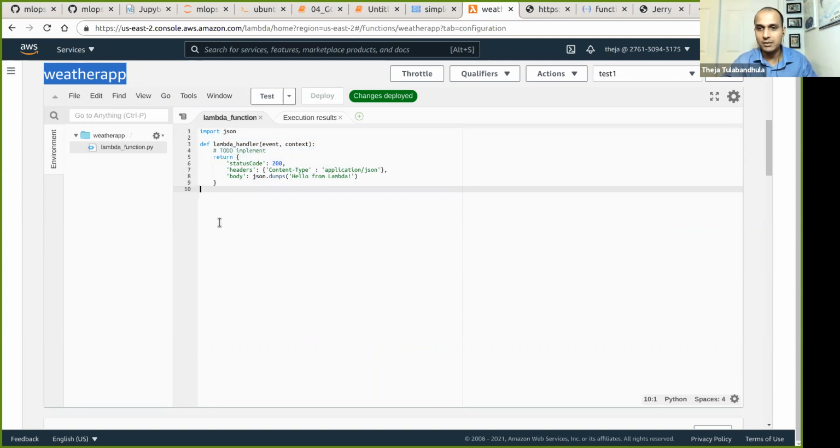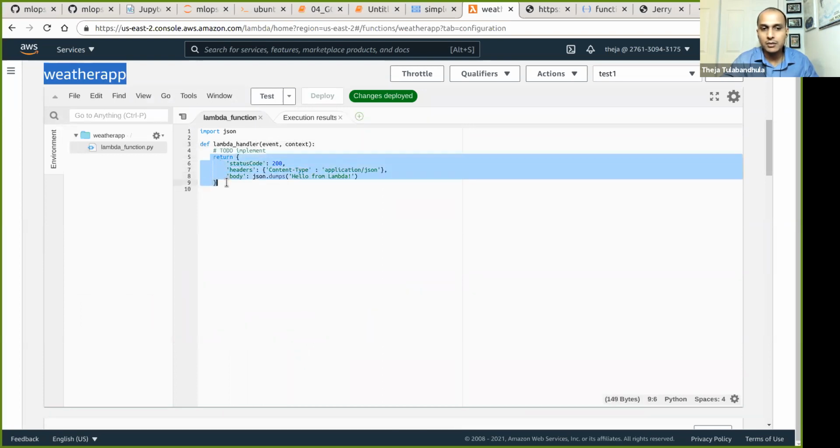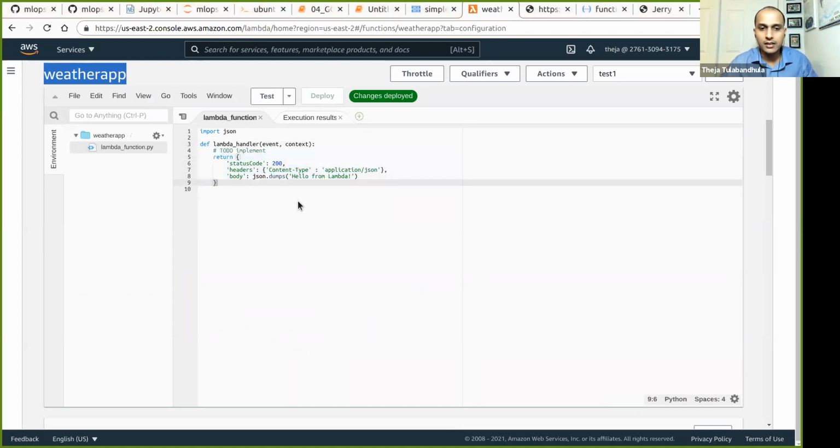But let's directly skip to the model part. What we need is a way to return the model prediction. So let's go back to our Flask example.